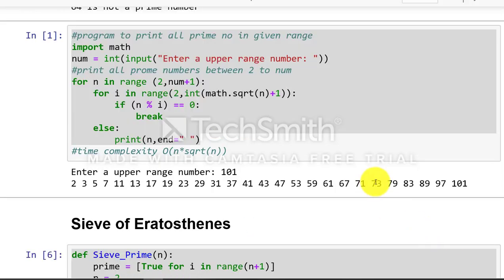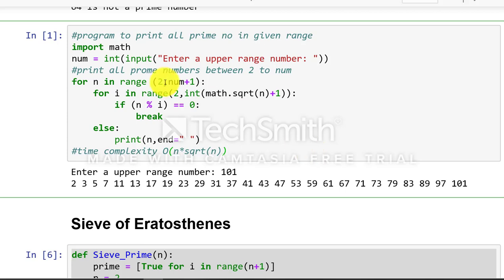Now we are going to find the sequence of prime numbers in a given range. So now the program prints all prime numbers in a given range. In this program you have to check all the numbers in the range. Suppose the upper range is 100, so you have to print all the prime numbers from 2 to 100. So definitely you have to insert one more loop, an outer loop that will run from 2 to 100, and the inner loop is the same to check whether the given number is a prime number or not.